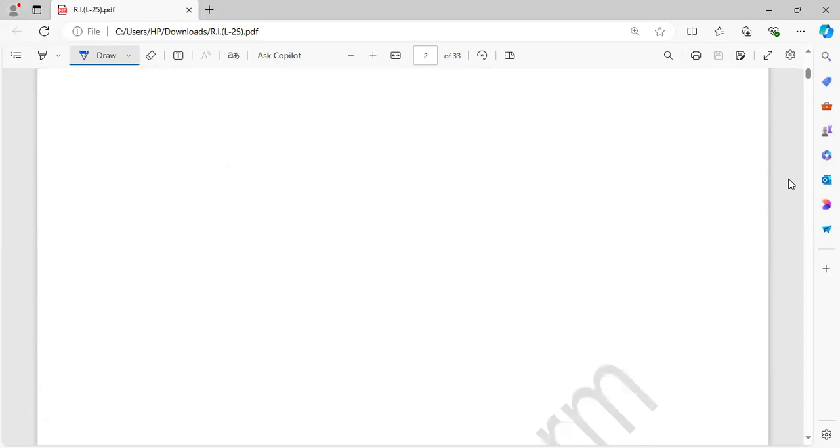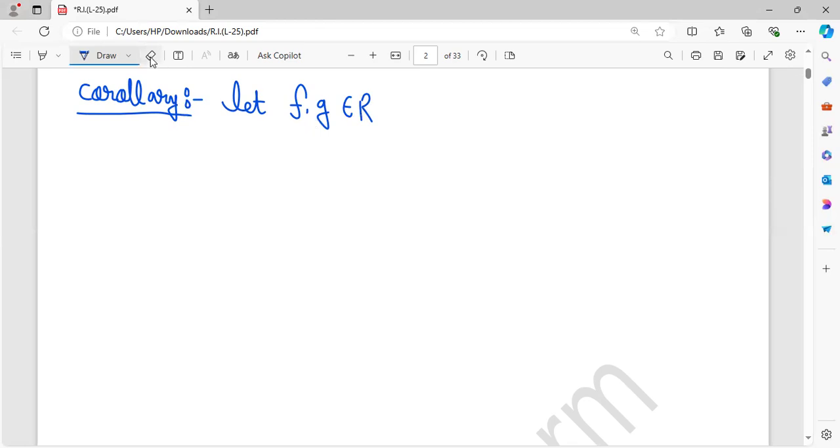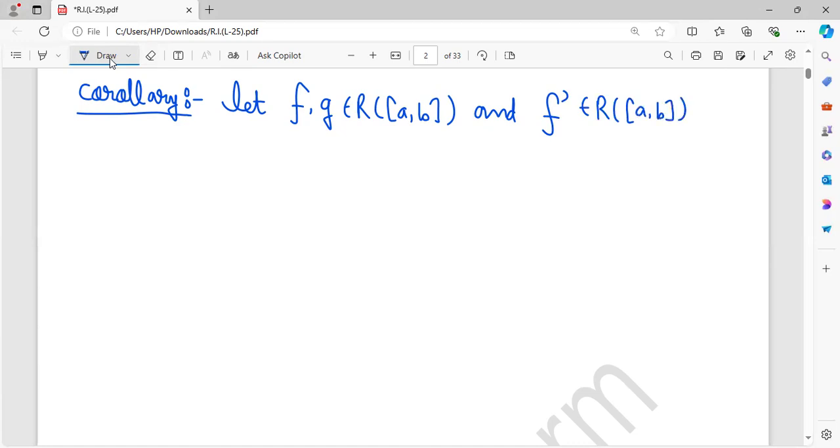Corollary: let f and g be Riemann integrable, and the derivative of f is also Riemann integrable. Then